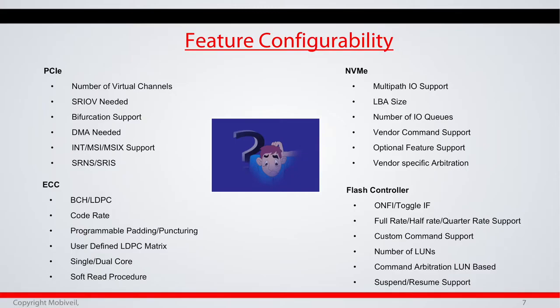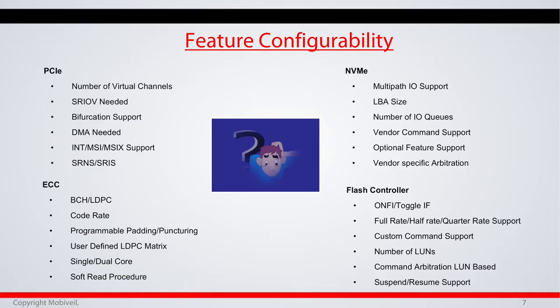So these are flexibilities, these are defined in the specification, and you want to have a solution which supports these. The flash, again, ONFI, Toggle, which is the interface-specific thing. Whether the controller can adapt to various technologies, that means you need to have half rate, full rate, quarter rate implementation, because you can't run at all the speeds if, suppose, you are doing it in FPGA.